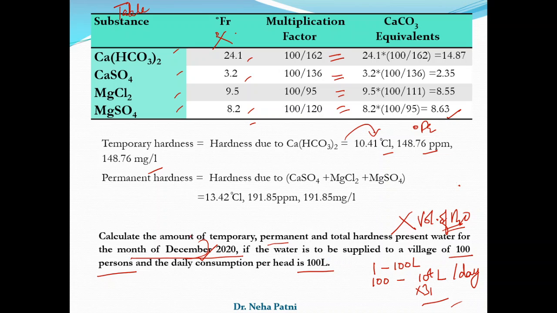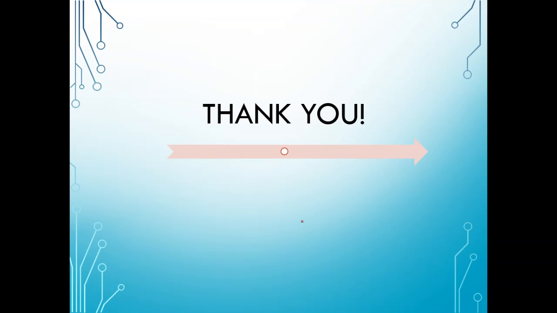So if other ions are present, then also you have to focus. The idea being calcium and magnesium ions dissolved in the water, and the hard water is to be treated with soap. What is the reaction? That is what your concern is. If this reaction is affecting, then only you have to consider that particular portion of the question, else you may simply ignore that. So I hope with that I was able to solve all your queries related to hardness of water.